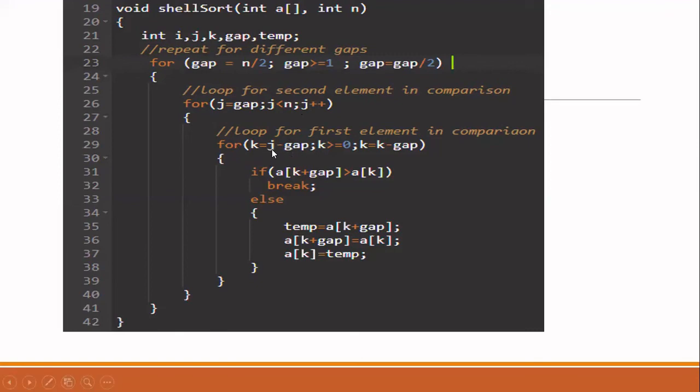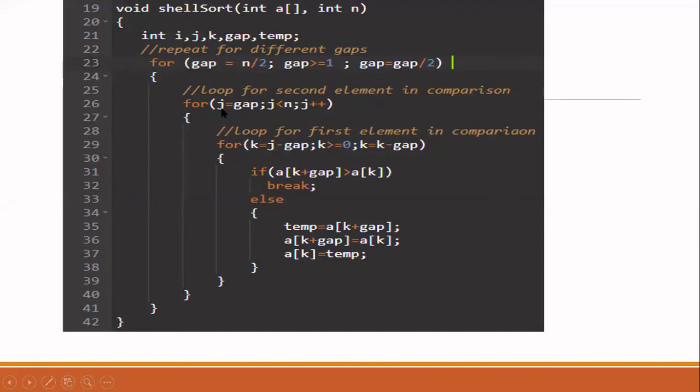So here, whatever j value you have, to consider the other element, take j minus gap. Every time I told you, if your gap is 5, take one element which is in the left direction at the gap of 5. Left direction means minus. So for that only, you are taking the second element, which is at the index k.